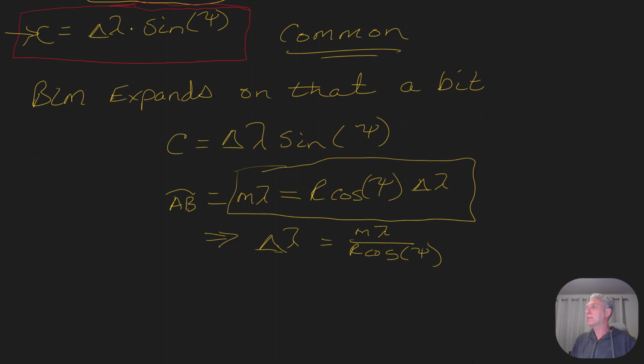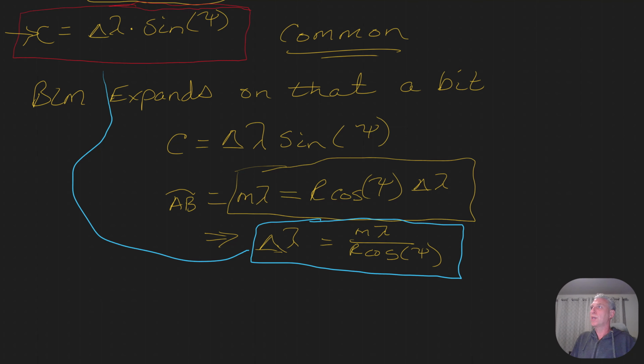And we take that and we substitute into the approximation that we just derived. And if we do that, we get C equals M lambda over r cos psi times the sine of psi,